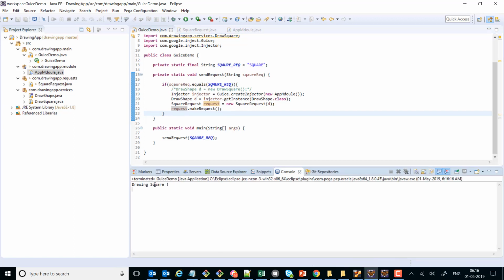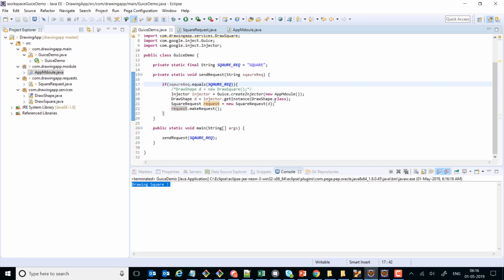So it works. The code to create an instance of DrawShape is working properly. Now, one more thing we can do here: though we have eliminated the piece of code where we were instantiating draw square, there is still some code which instantiates square request. So we can get rid of this code also,